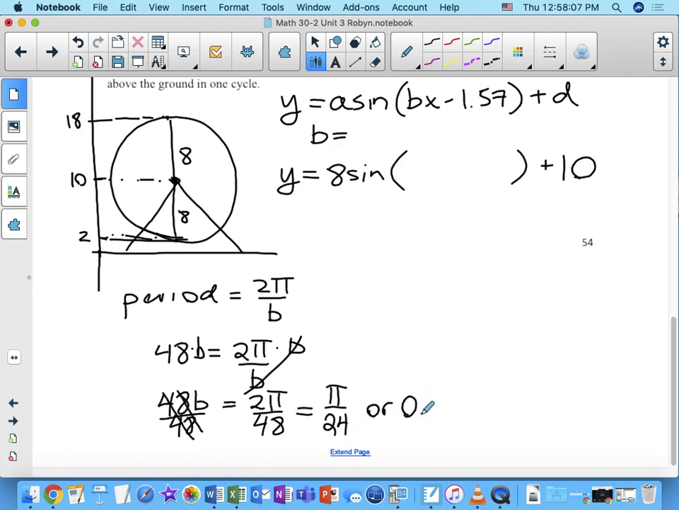All right, so that's our B value. So that's pi over 24 times x minus 1.57, plus 10. Okay, so we've got our function. That's good. The question is asking,